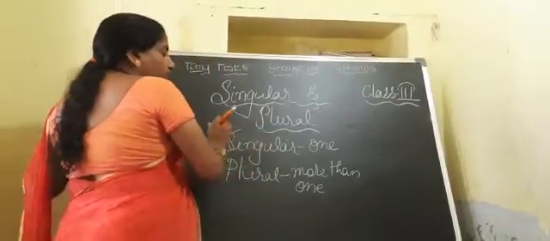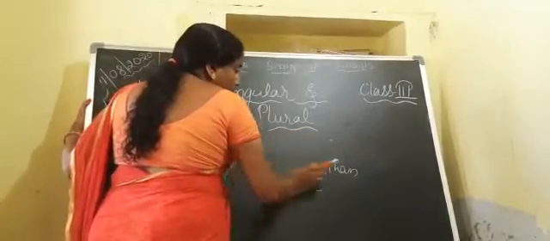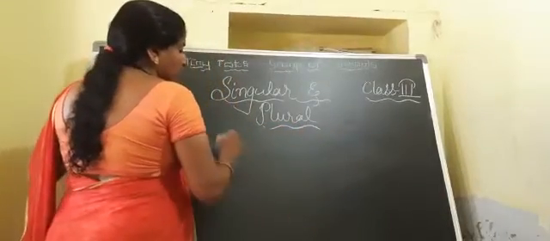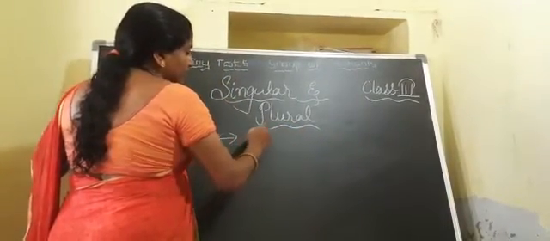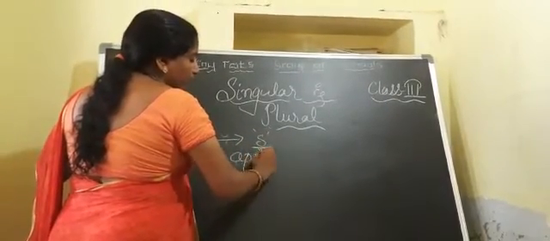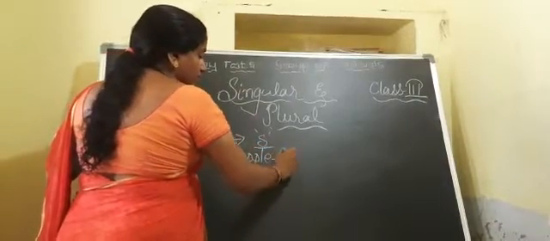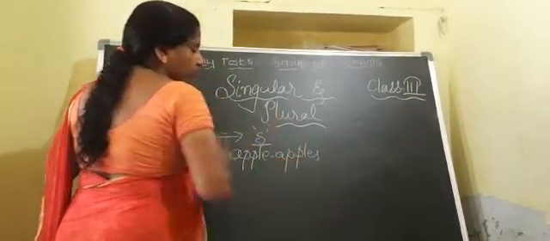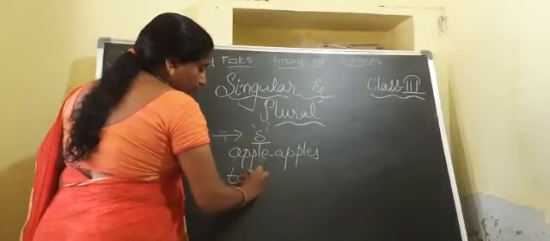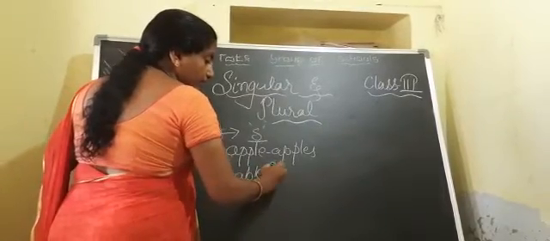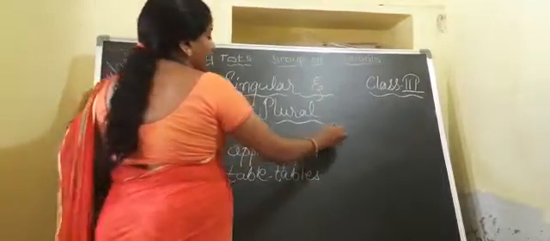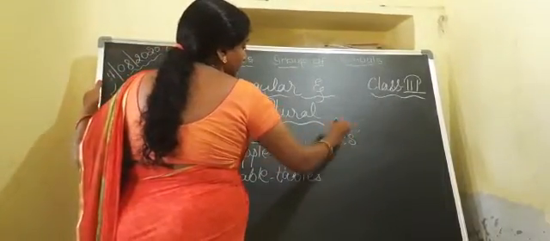See, children, how plural nouns are formed. There are a few rules to write the plural for a given word. First one, we add s at the end of the word. Suppose apple. How can we write the plural form for apple? By adding s. Apples. Okay, next one, table. How can we write the plural of table? Tables. But some plurals are formed by adding es.